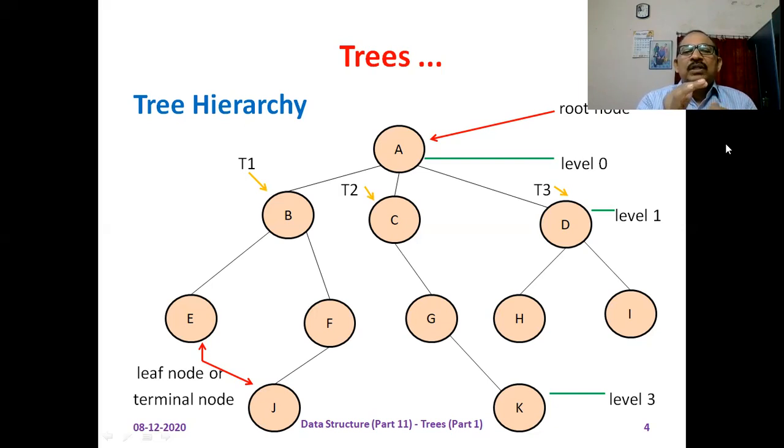The parent node's level number is 0. Therefore, the level number of node B is 1 more than its parent node, that is 0 plus 1 means 1. Level number of node F is 1 more than the level number of its parent node B. And what is the level number of parent node B? It is equal to 1. Therefore, the node F has a level number 2. In this way, you can determine the level number of any node of a tree.